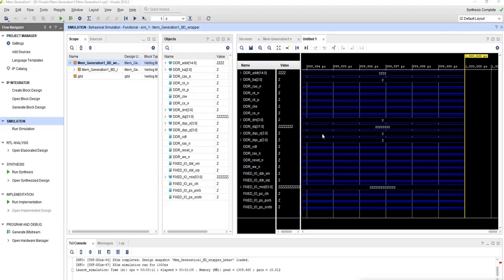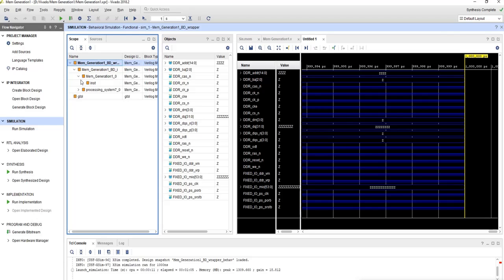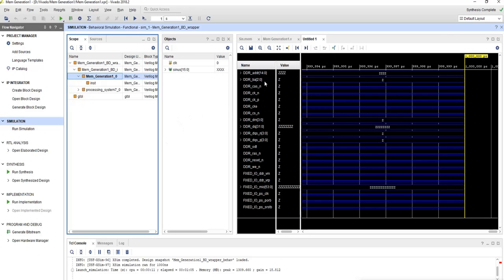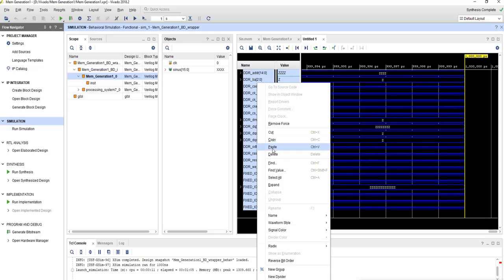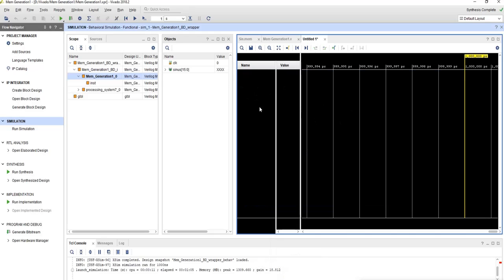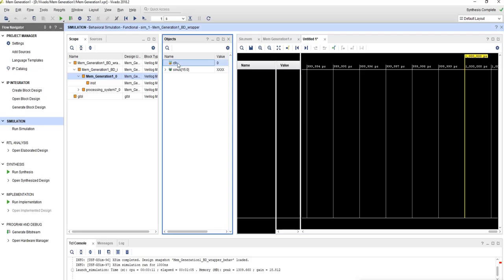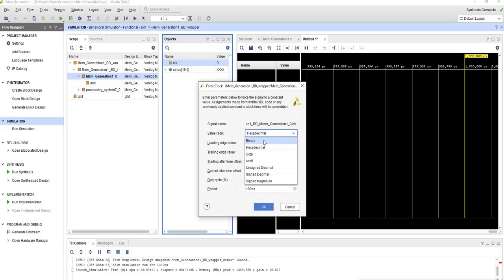So it has opened. Now what we'll do is, here we'll simply delete all the previous waveforms. So go to clock, make it force clock, make it decimal.